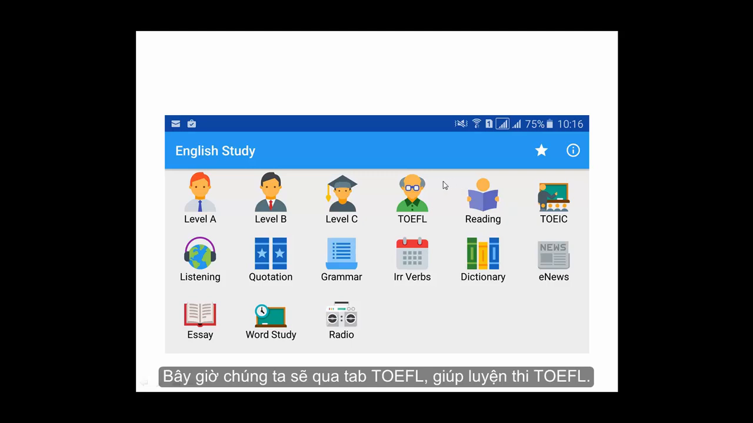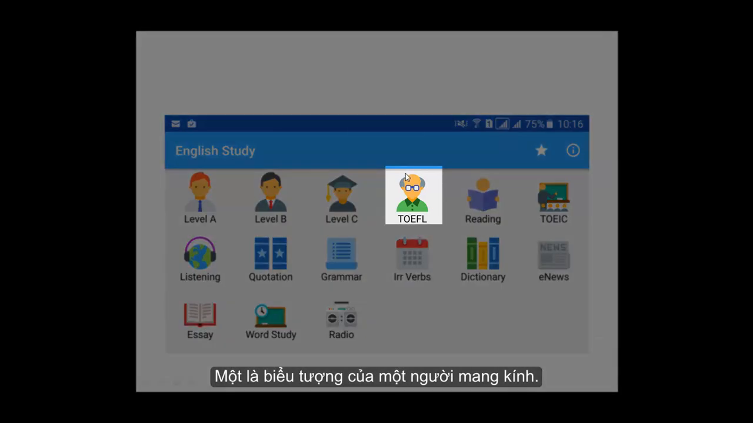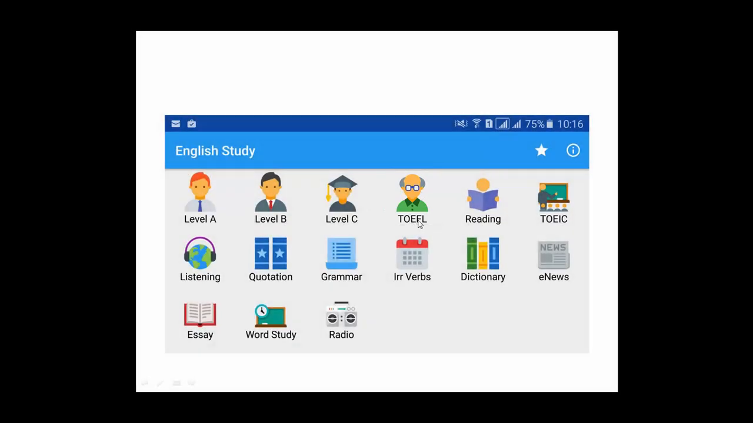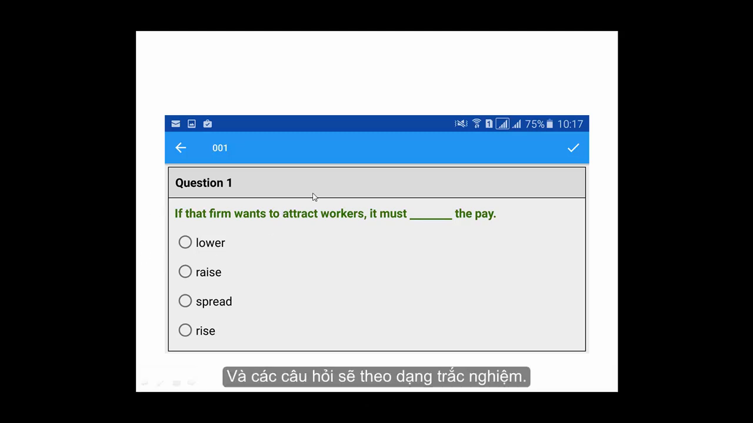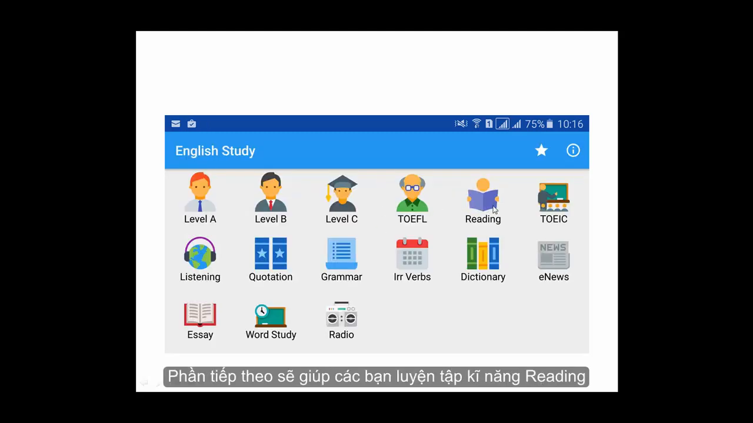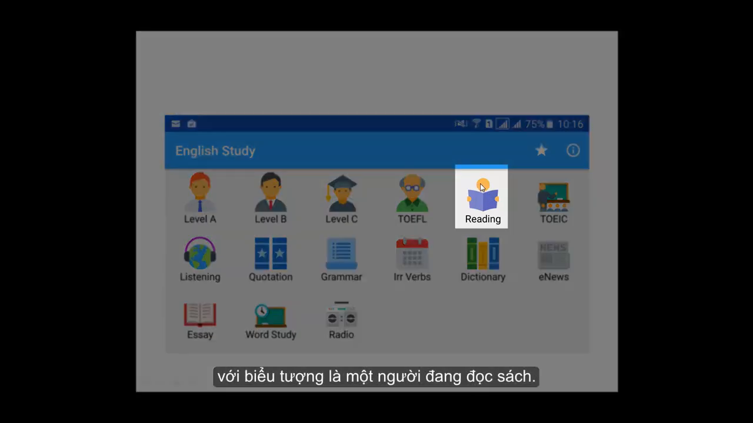Now, we move on to the TOEFL preparation skills. There are mainly two skills that concern TOEFL here. One is with the icon of an old man wearing glasses. This will test you mostly on TOEFL vocabulary before you take the TOEFL test, and it will mostly be in multiple choice form too. And for the reading of the TOEFL IBT test, there's an icon of a bald guy